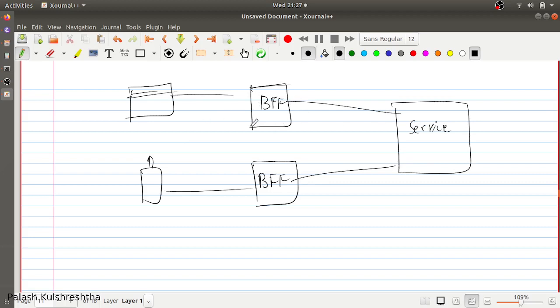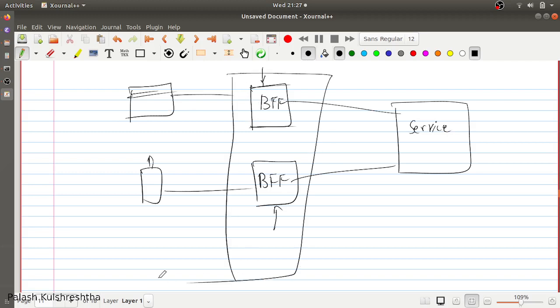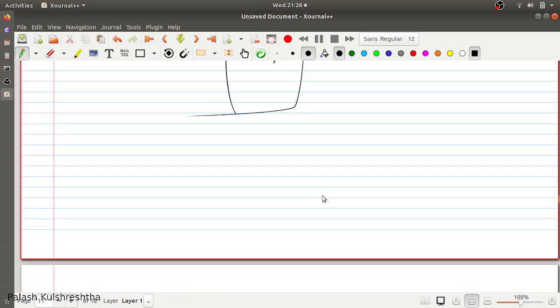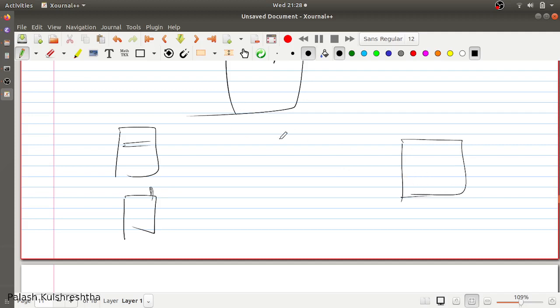You have to keep in mind that these two do not have code duplication. If you think that the functionalities required for both these interfaces are similar, you can have a single BFF service. Another very frequent thing that we have seen is, for example, front-end teams need some feature, and you want to create a BFF service for them, either a single BFF service or multiple BFF services, one for each interface.